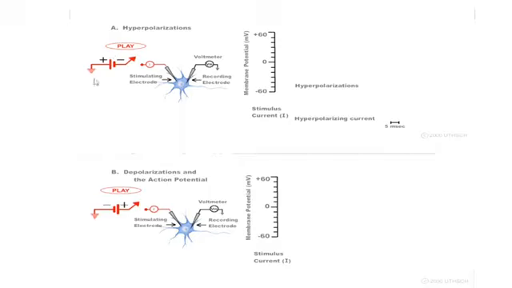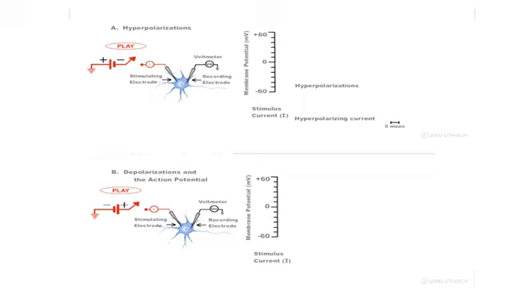Now there are two ways you can connect a battery to any circuit. You can connect the battery such that the polarity is as shown here, and you can also connect it in such a way as shown here. Let's talk about this one first. This is an electronic symbol for a switch. The arrow is up, but if the switch is closed, the arrow goes down, and essentially what that will do is connect the negative pole of the battery to the stimulating electrode, which in turn is inside the cell. So before I actually run the animation, just think for a moment what might happen to the membrane potential of this neuron.